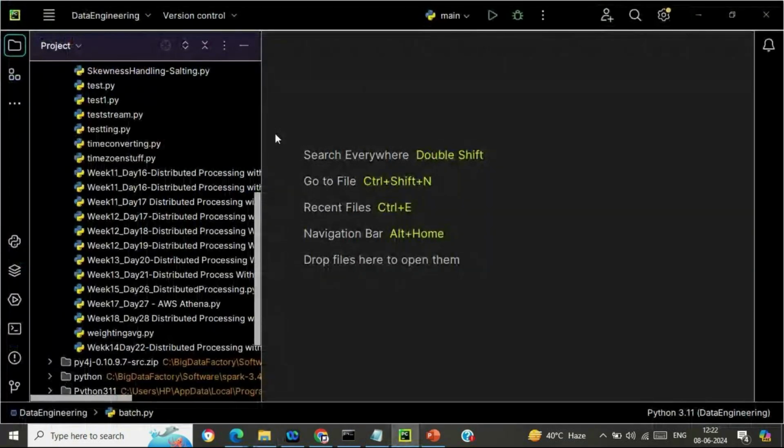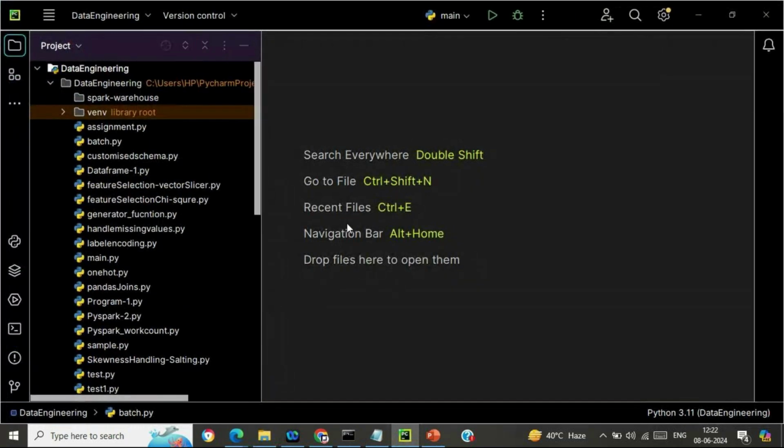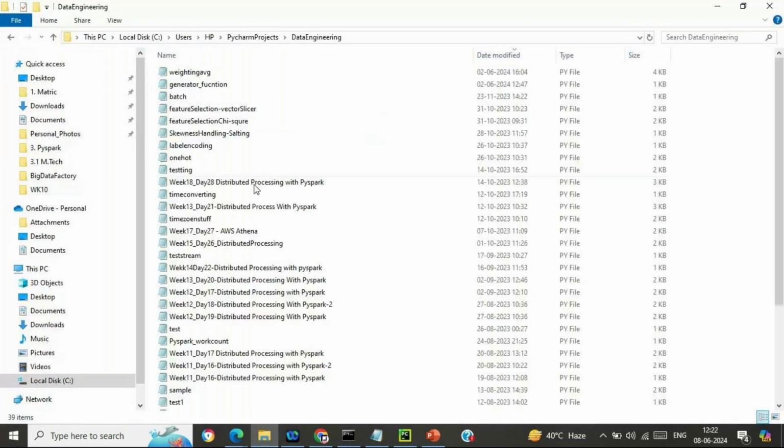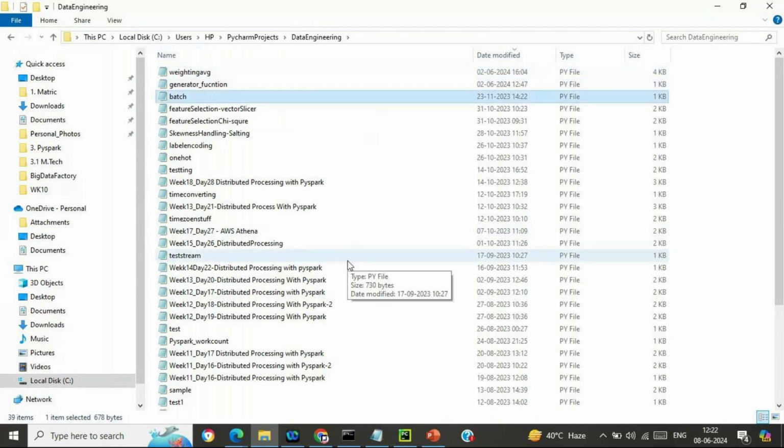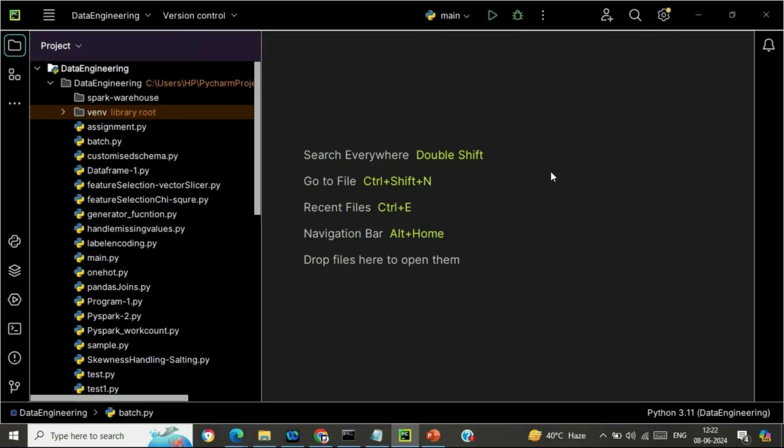Which project is this? Data engineering. Probably we have not written the code here in the PyCharm IDE, or I haven't saved it. So let me